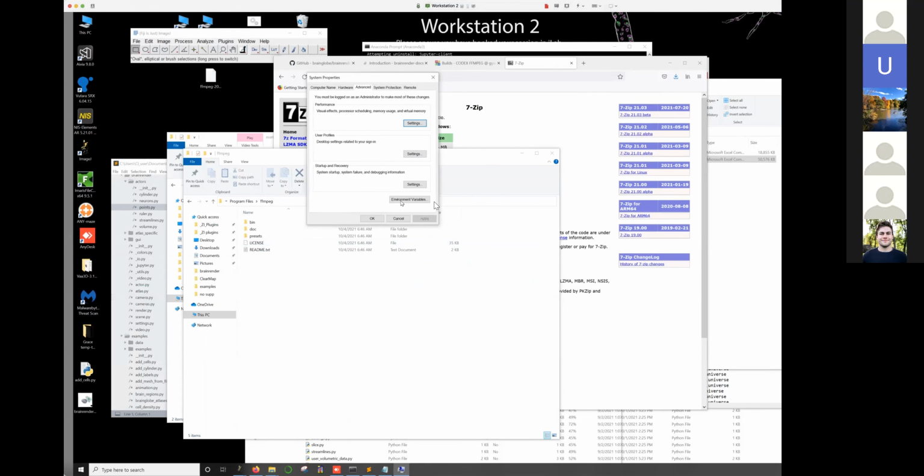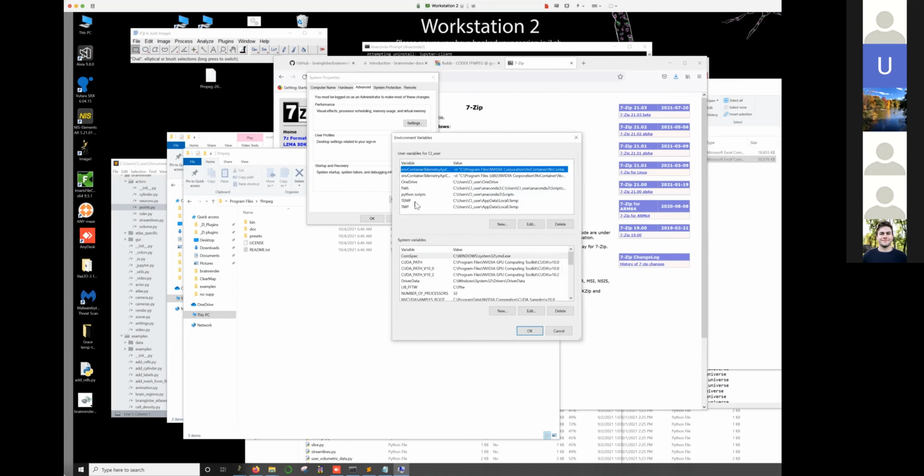And we want to change the environment variable. So if you click on environment variables, and just shout out if I'm going too fast here, but basically this is the path. So this is where we want to tell Windows that we have ffmpeg installed in a